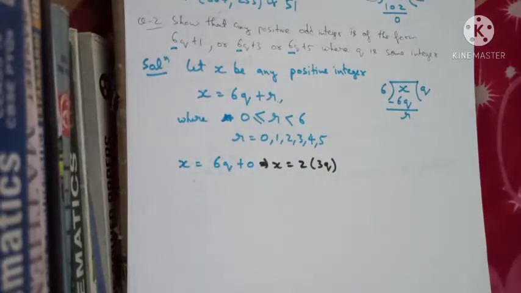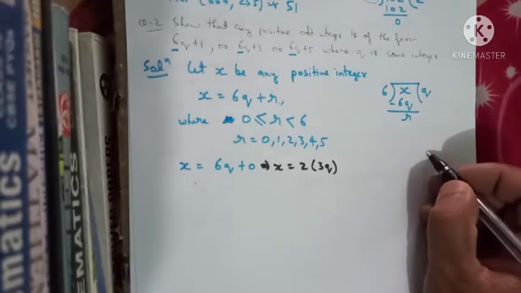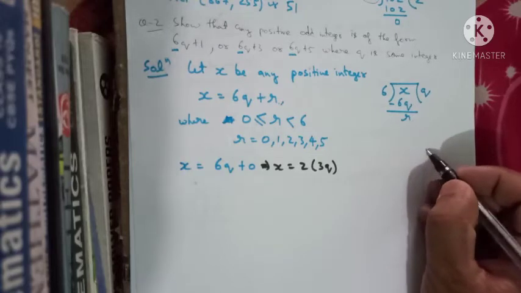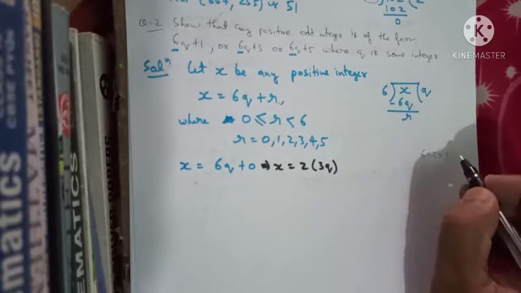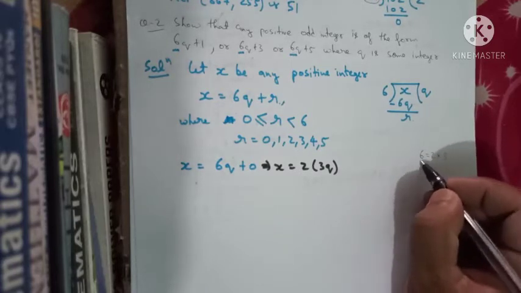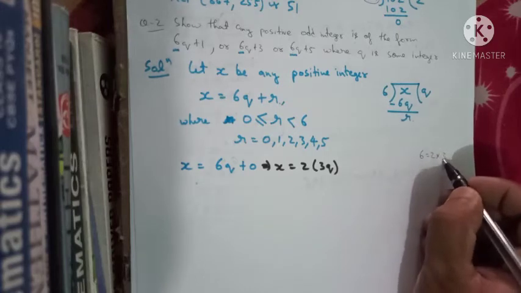So it is clearly visible here. Like for example, if we are having any integer 6, we are having the factors of 6 as 2 into 3. So this indicates that 2 is a factor of 6 and 3 is a factor of 6, and 6 is a multiple of 2 and 3.